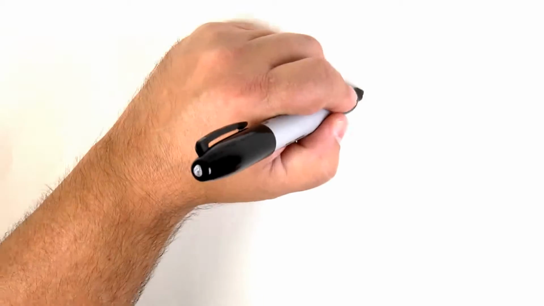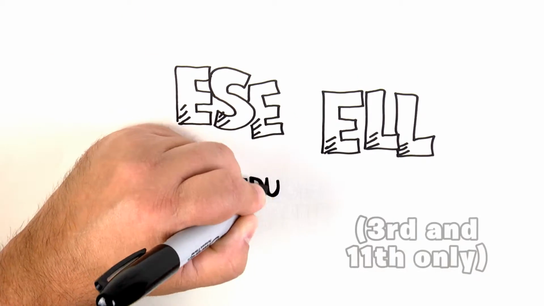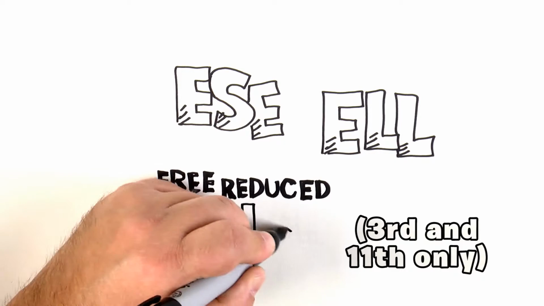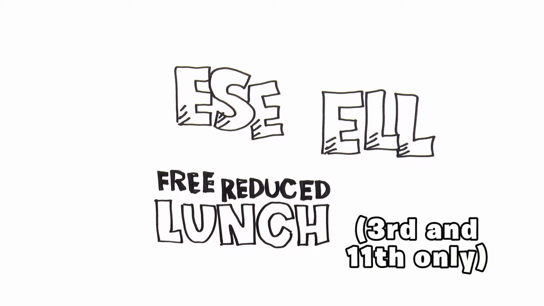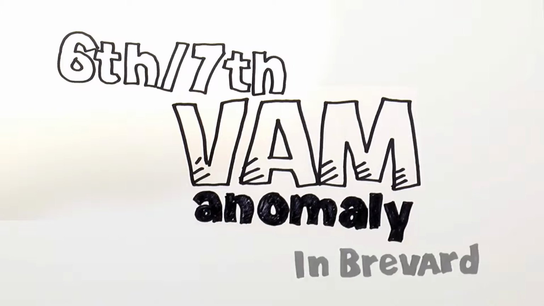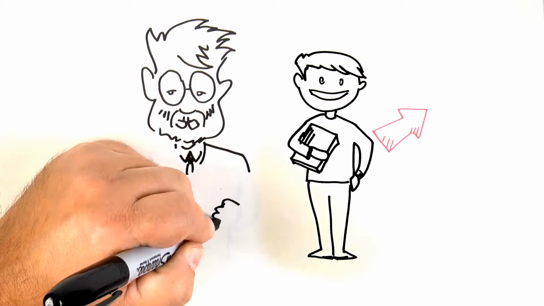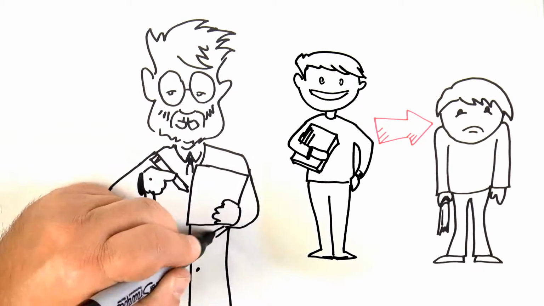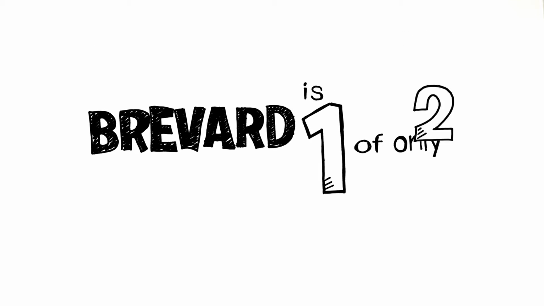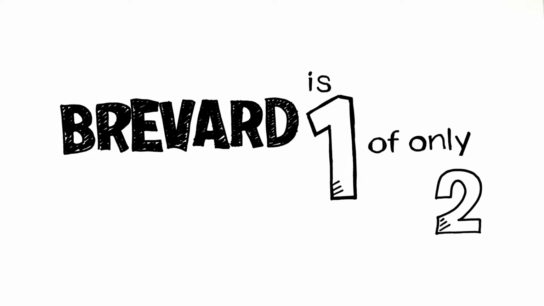Student characteristics such as ESE, ELL, and free and reduced lunch eligibility will also be used as a variable when calculating non-FCAT VAM. Another issue of fairness is the 6th-7th grade VAM anomaly. There are a few factors that have created this issue in Brevard. Research shows that the transition from elementary to middle school impacts student growth achievement. Brevard is one of only 2 counties to transition students after 6th grade, while the majority move students to middle